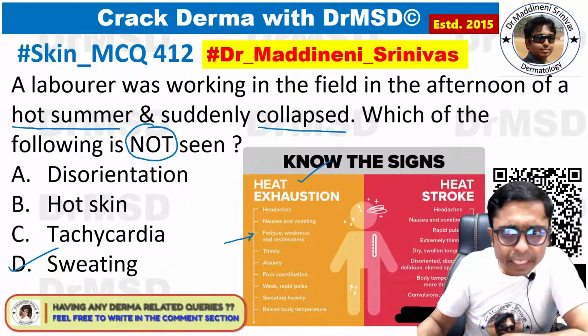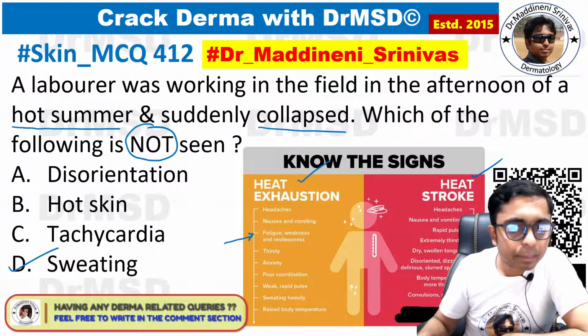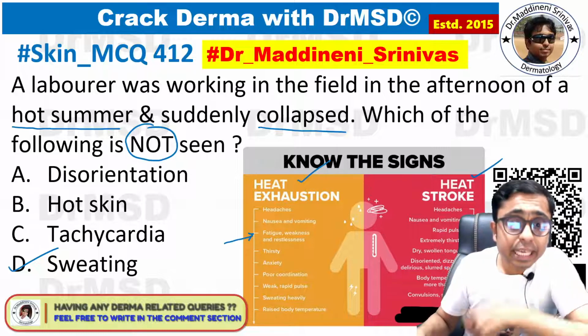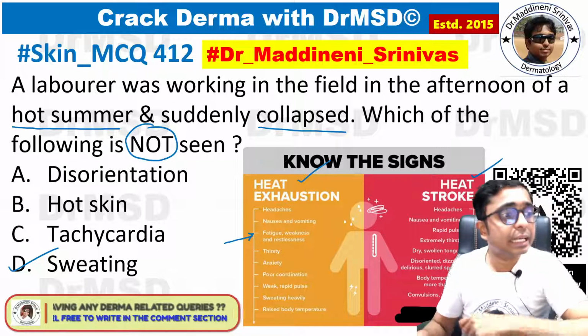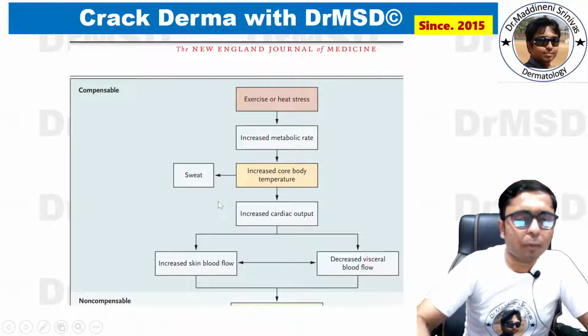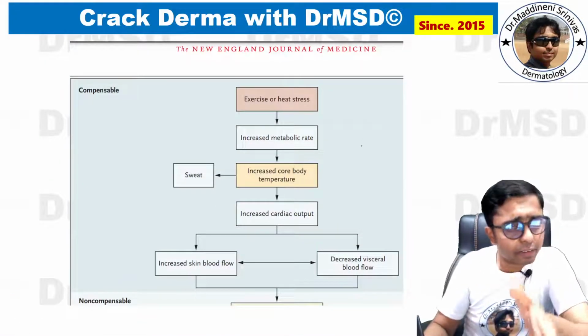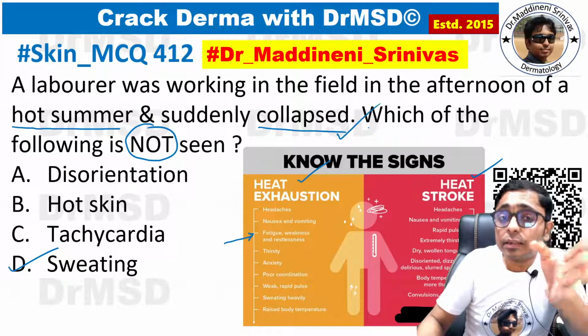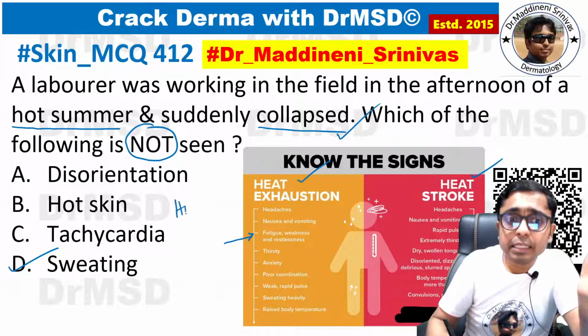Whereas in the case of heat stroke, as you can see here, they are going to have dizziness, loss of consciousness, and even if the patients are not treated, they can also land up in coma. Okay, so these are the points. From these we can differentiate that yes, in this question, because the patient has collapsed, we can attribute this to heat stroke. So the patient has got heat stroke.